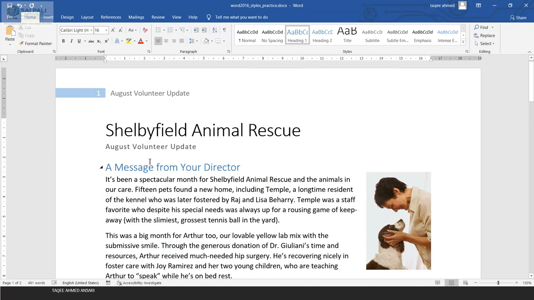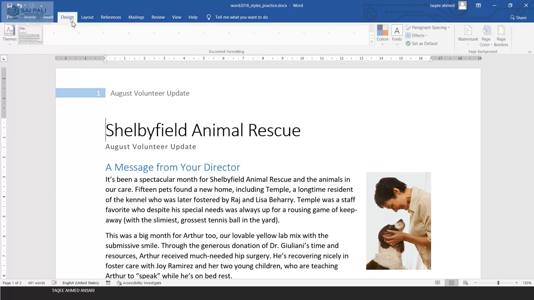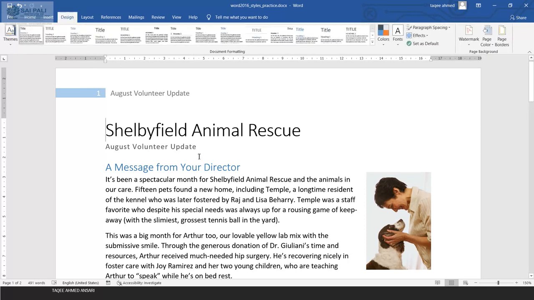Let's say I want to change this document's entire style. So I go to the design tab here, and in the design tab I have the document formatting group, and in that group I have these different styles.